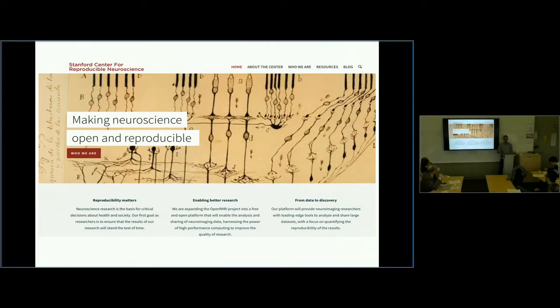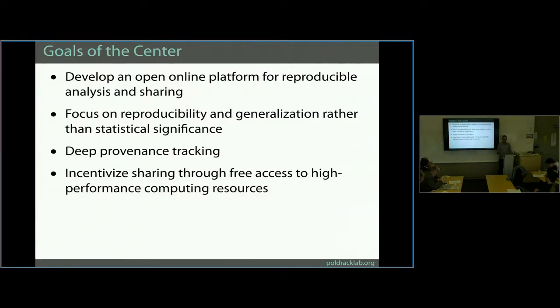Okay, so what I want to do now is talk about how we fix these problems. This is the goal of a new center that we started last April, called the Stanford Center for Reproducible Neuroscience. The goals of the center are primarily to develop a platform to help people do better data analysis, and to help them focus more on reproducibility and generalizability and less on statistical significance, which is what people focus on now when they do analyses and write papers.